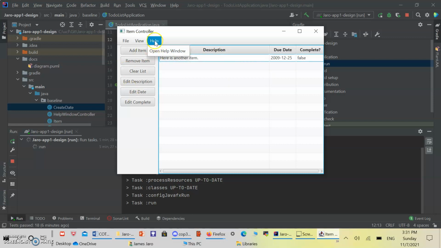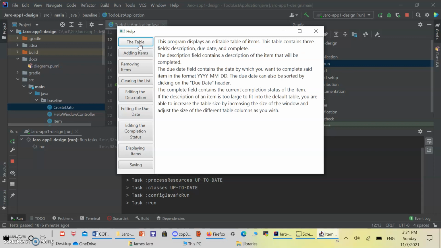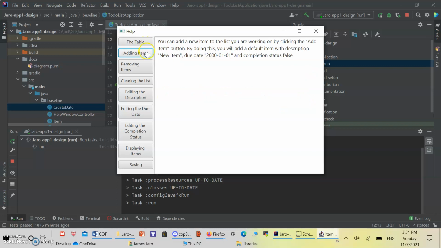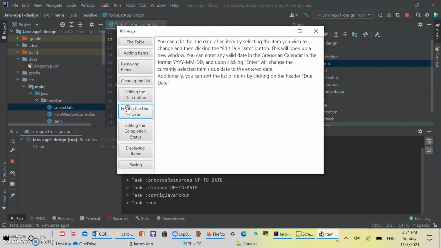And then finally, if the user needs any assistance on how my GUI program runs, they can click the help option in the menu bar, and it'll give an open help window option, and that'll open up another scene which has 9 buttons in here, each of them describing a different part of the GUI application. For example, what the table is meant to represent, how to add an item, how to remove an item, how to clear the list, how to edit the description and what the requirements are, how to edit the due date and what its requirements are,